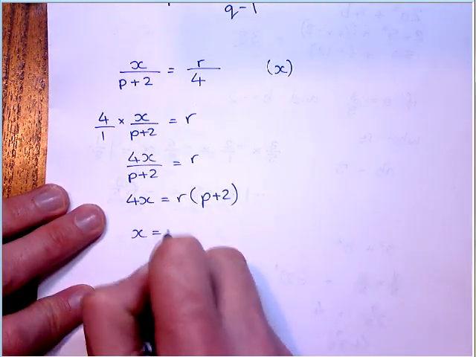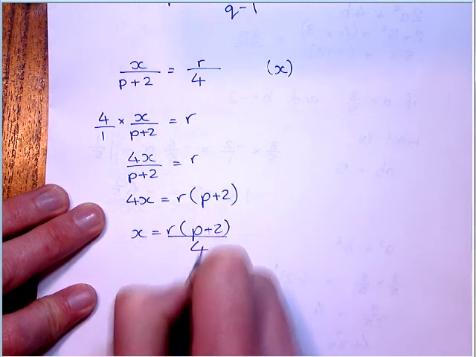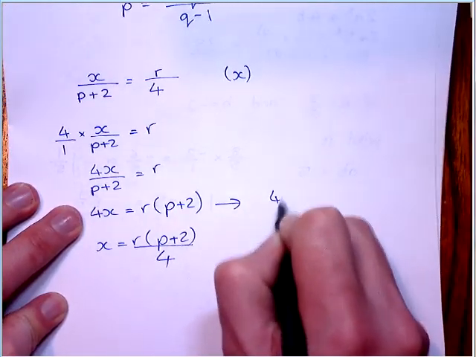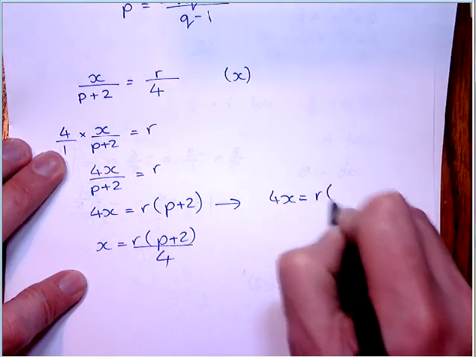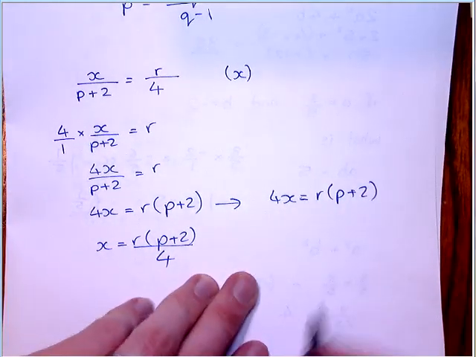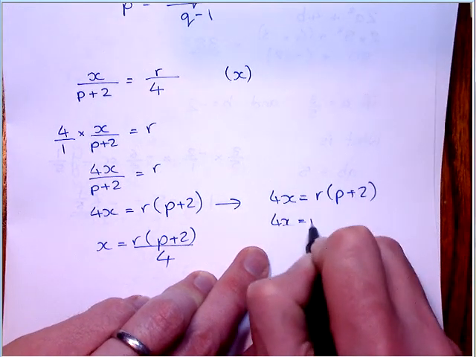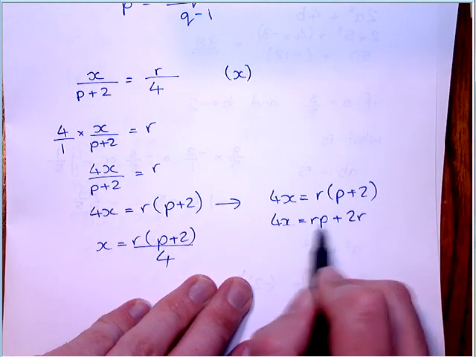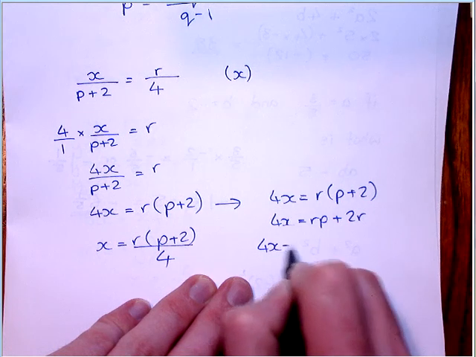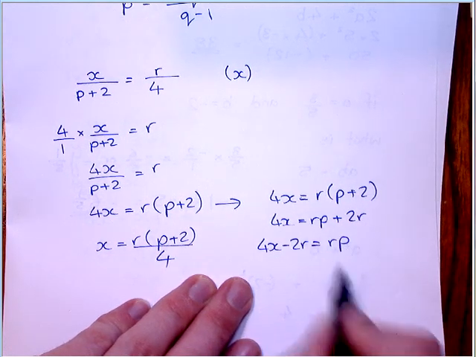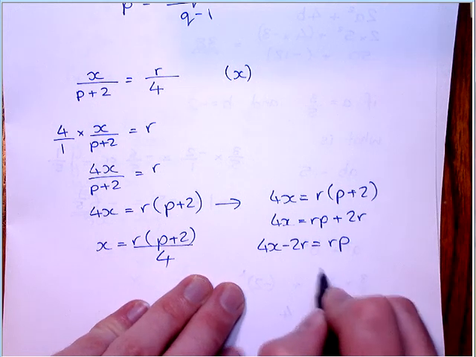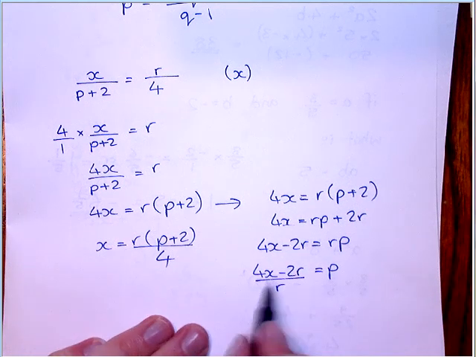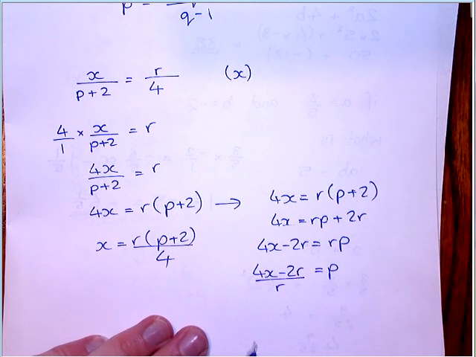So for x as the subject, it's dead simple. I'm just going to divide by 4 because I've got 4 of them there. But if I wanted to make p the subject, let's just rewrite this one. I would have to expand this, get the term with p on its own, so I have to subtract 2r from both sides. And now I'm going to remove this r by dividing by r. I could write this in a slightly different way, but I'm not going to. So that's everything with